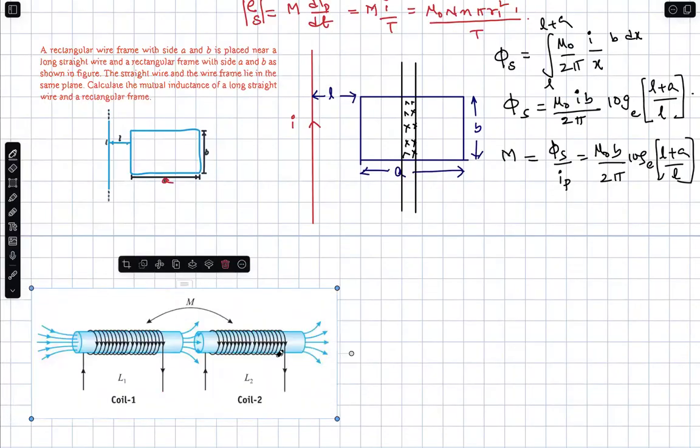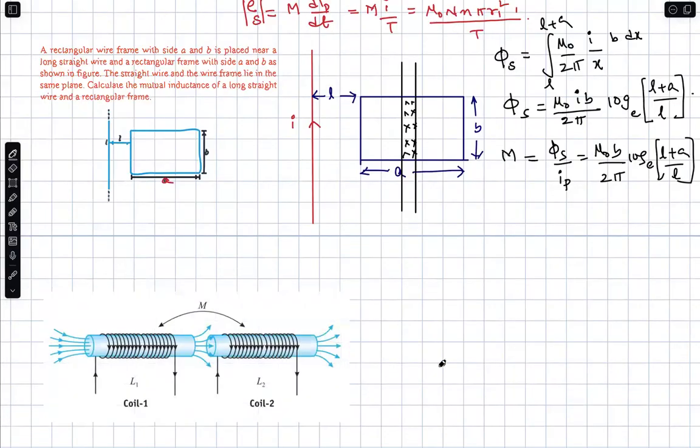You have an arrangement like this. In this situation, the flux linkage